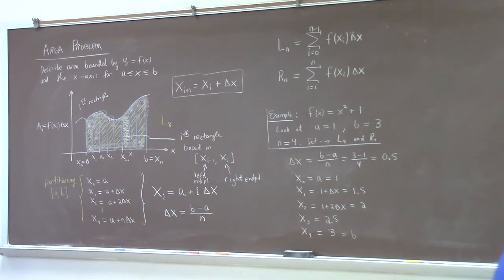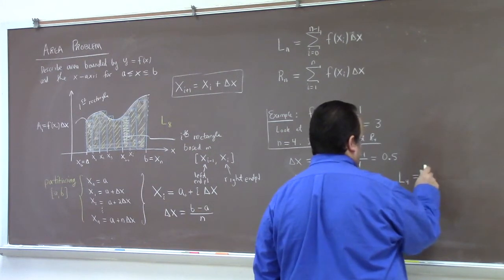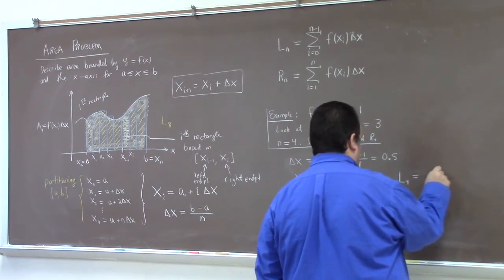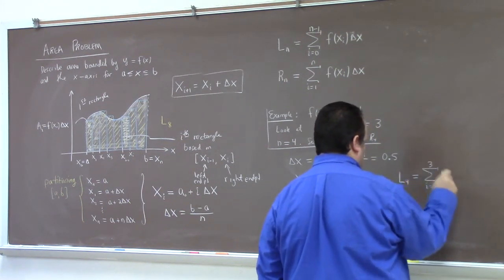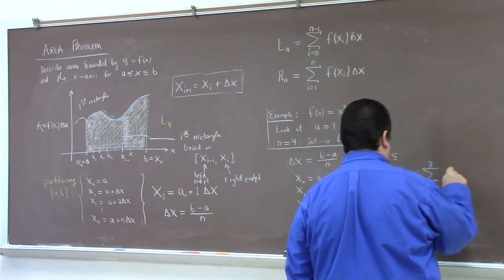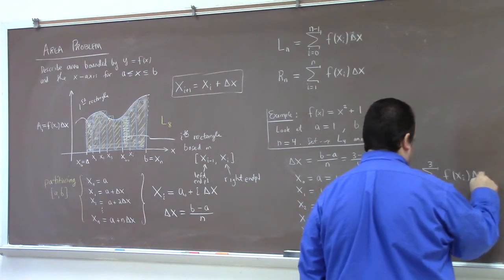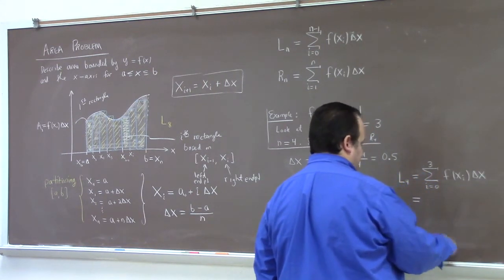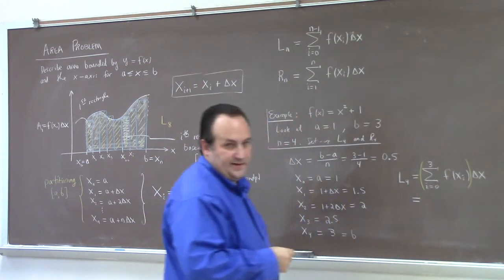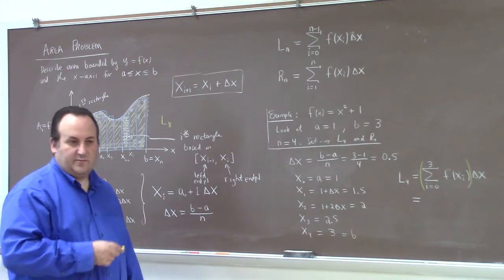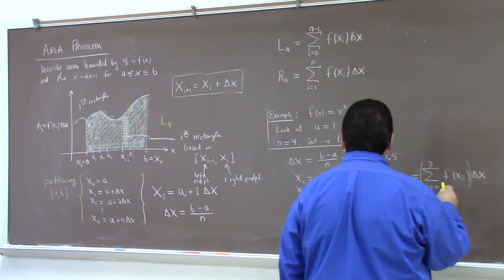Now, how would we actually calculate L4? L4 is the sum, i equals 0 to 3, of f of xi delta x. If you look at that, first of all, there's a delta x on every term, so you can just factor the delta x out of the sum if you like. That's a convenience. You're multiplying everything in the sum by delta x, so why not just factor it out? And so what we're looking at then is